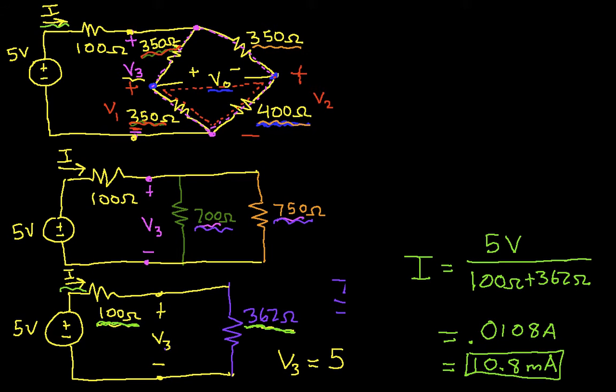You might want to ask, well, why would I care what the current is? Well, if you're going to have a sensor where, for example, you've got a strain gauge, again represented by this 400 ohm resistor, and you might be powering the whole thing with a battery. So you might have a 5 volt battery, and you'll know then that the current is going to be close to about 10 milliamps. That tells you how much power your circuit will